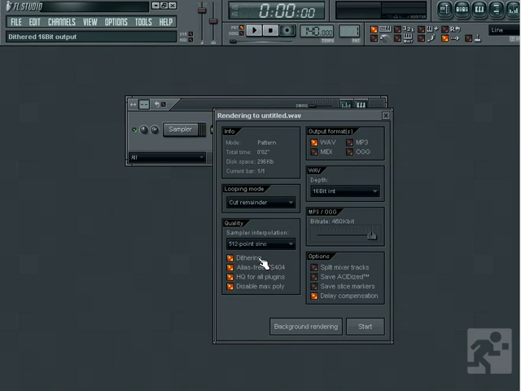Again, this is something that is beyond the scope of this tutorial, and I would urge you to research the subject of dithering for yourself to determine whether or not you should use it. The alias-free TS404 option will anti-alias or smooth out the digital sound of the TS404 if you're using it in your project. HQ for all plugins will make sure high-quality mode is turned on for all plugins that support it